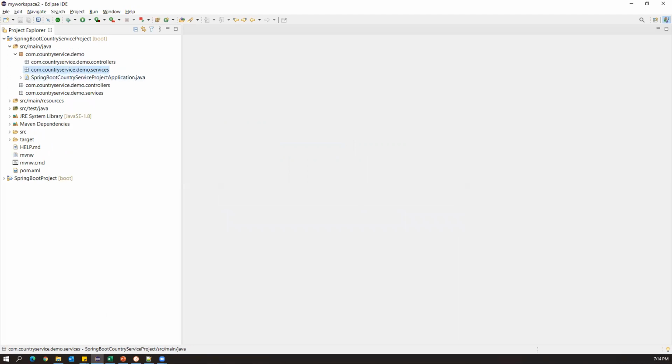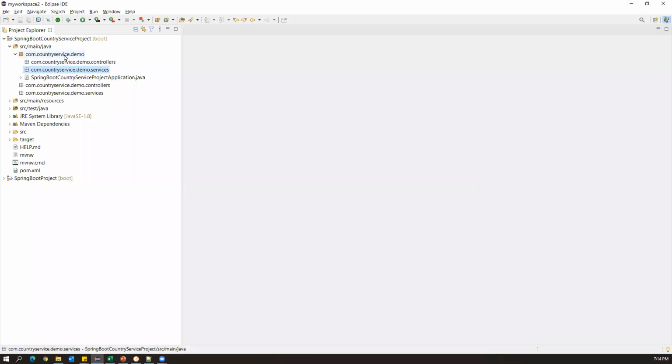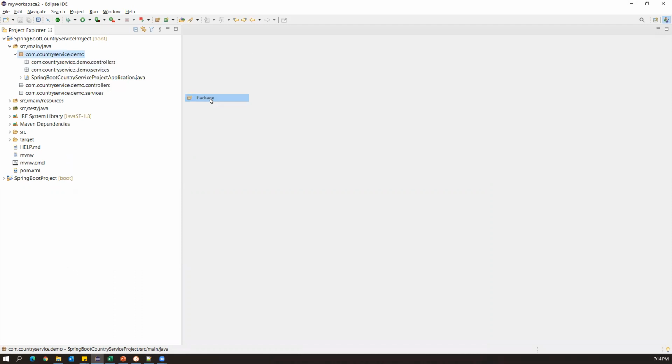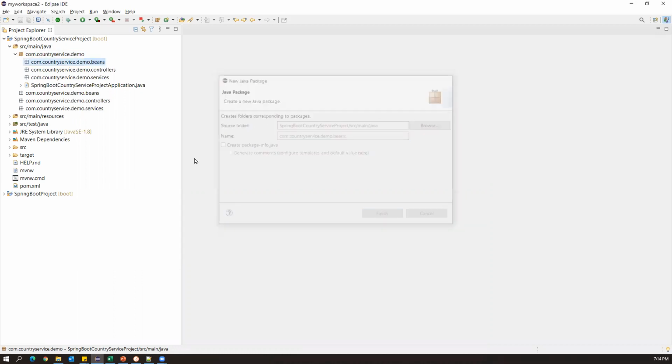Now internally the service will use something called a POJO class, or we can say bean. To maintain all the beans, we need to create one more package. In the same way, new package, and here beans, click on finish. So these are the three main packages which we have to create.